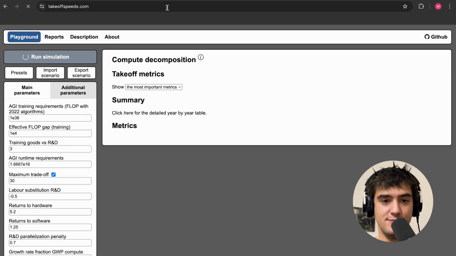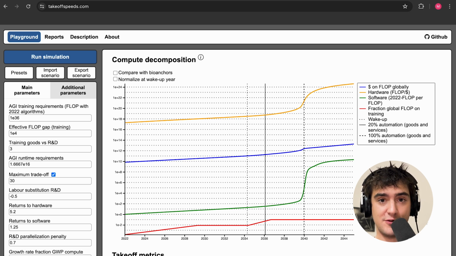What will our economy look like when every single task that is now done by a human can be done by an AI instead? These questions have been answered by Tom Davidson on takeoffpeace.com. I've been playing with this model for the past 4 days, and in the past 2 days, I've published 2 videos that explain everything going on with these colored curves.